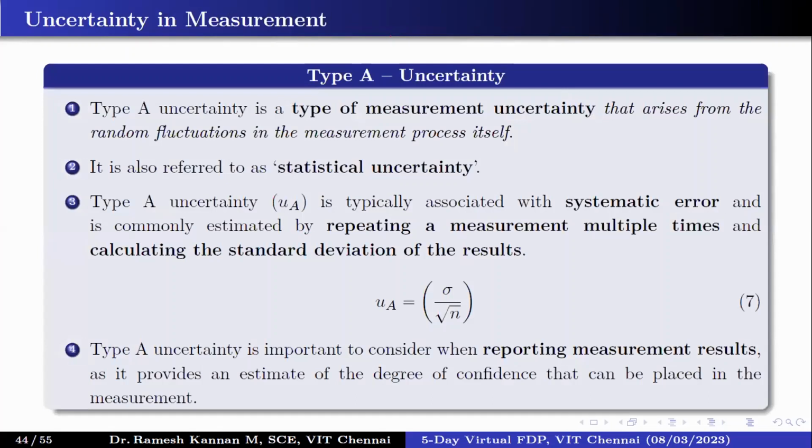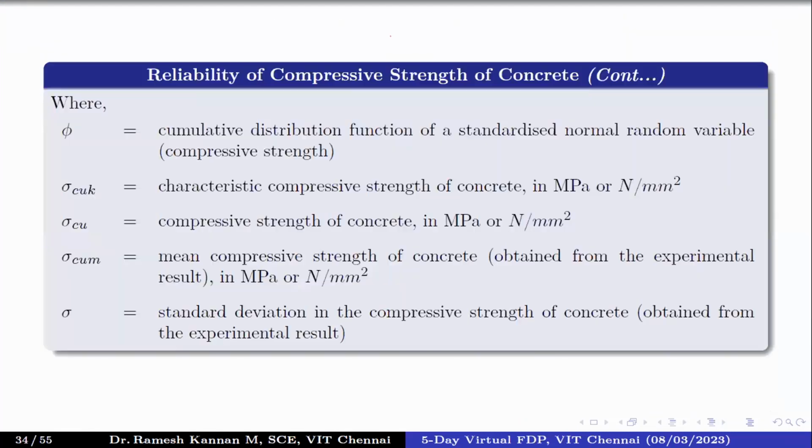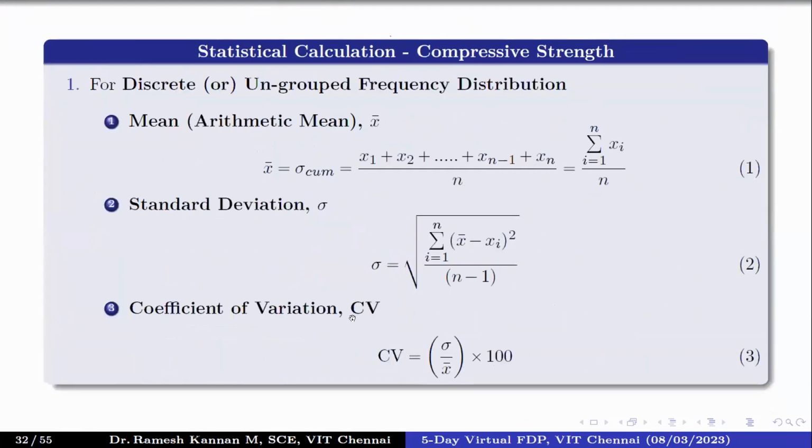The first is the type A uncertainty. Remember that type A talks about measurement uncertainty, and type B is also measurement uncertainty, but not necessarily of the experimental result. Type A talks about measurement uncertainty for the experimentation. It can be classified as statistical uncertainty. Whatever we have discussed earlier, the discrete frequency, all these things play a huge role in the experimentation.